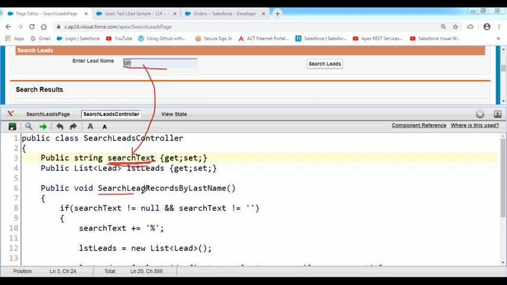Based on this search text, I am going to initiate the search mechanism. For that, I am using a method. I have prepared a method with the name search lead records by last name. In this method, I have written some piece of code. This is not new, you are already aware of this code. I am verifying whether the search text has some characters or not, nullifying the exception condition. If the search text value is not equal to null and not equal to empty,